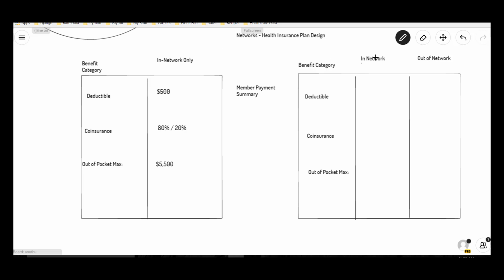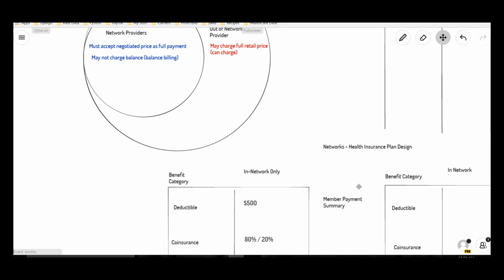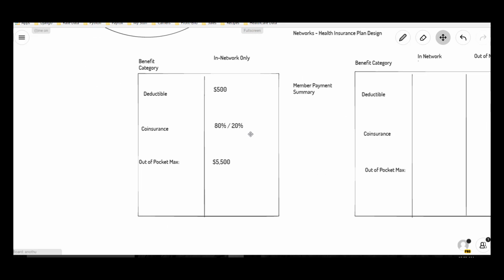So what the policy would say is, in this case, if you had a policy that had in-network coverage only, if you go see one of our network providers, these are your benefits. And usually this benefit category would include these items, but it usually would include up to 25, 30, sometimes even 40 benefit categories. It would include what are the copays for a physician's visit? What's the copay if you go see a specialist? What would be the mental health benefits? What's an inpatient hospitalization? What are the pharmacy benefits? I mean, it's a very extensive